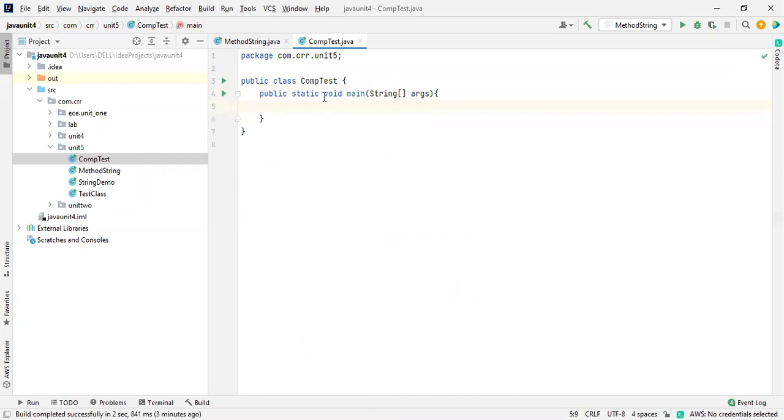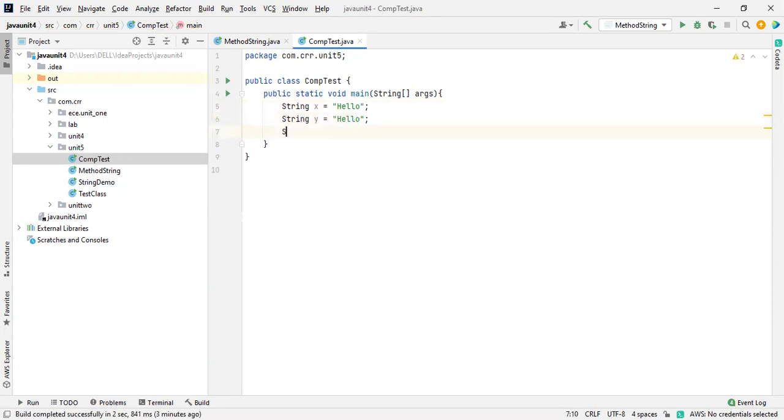Same thing. So now I'm going to take the string comparison method. How are we going to check this out? First of all, I'm going to declare x is equal to hello. This is the first one. And now one more string, y is equal to hello, the same thing. And one more string, z is equal to world. So I just declared three string values and initialized them with hello, hello, and world.